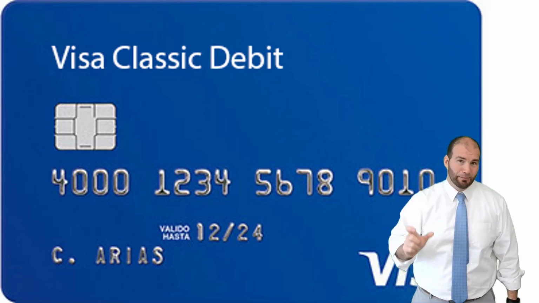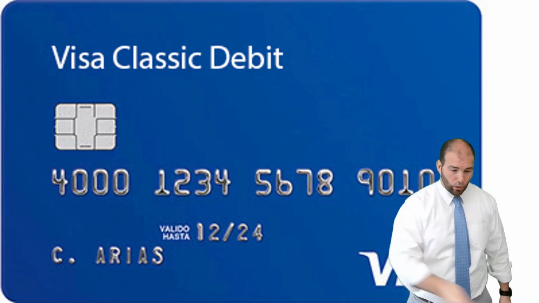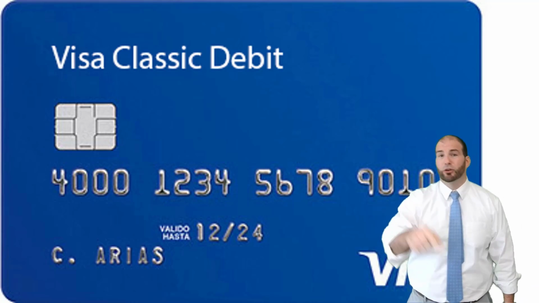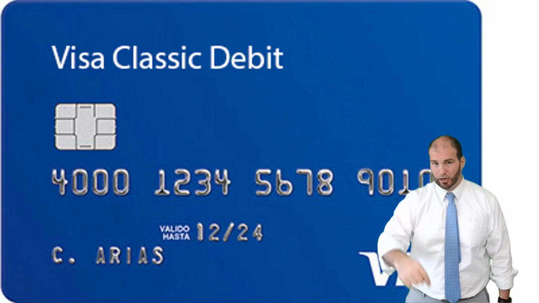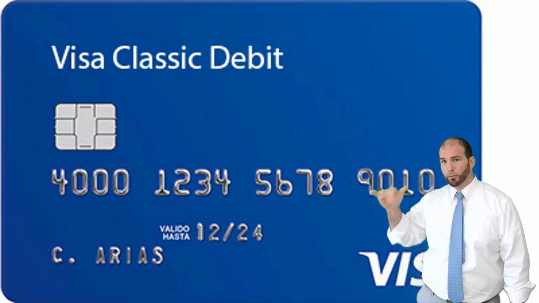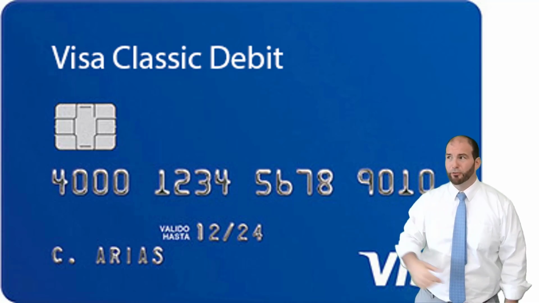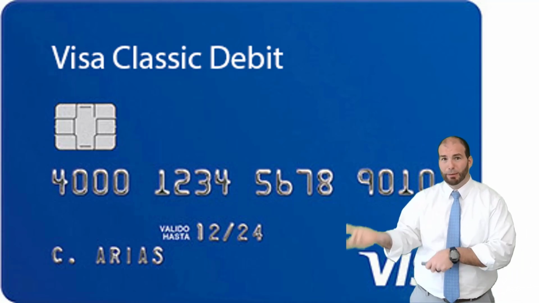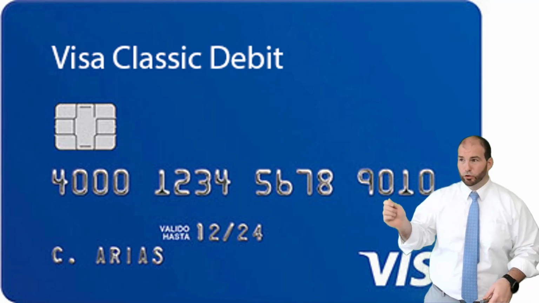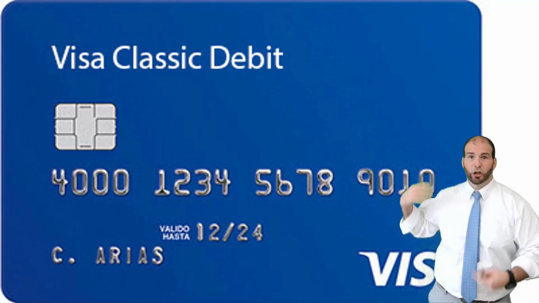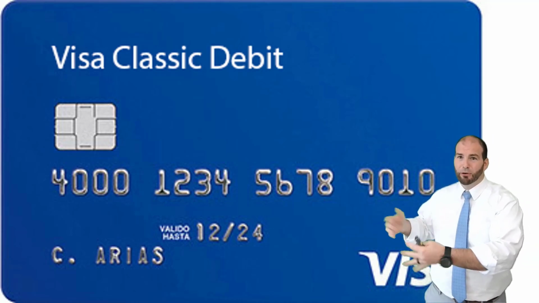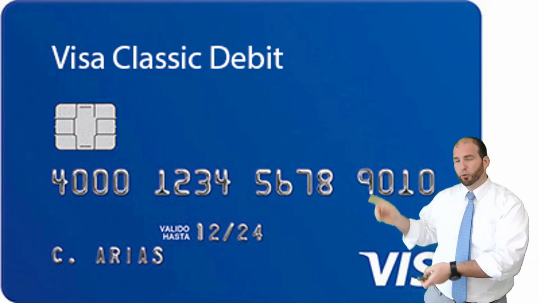But if it's a debit card, that means when you swipe it and spend money, it's coming out of your account right then. All right. A credit card, and we'll talk about that in a minute, is using somebody else's money, and then they send you a bill at the end of the month for all of their money that you spent, and you have to pay it then. When you're swiping a credit card, it doesn't come out of your account. It's just your recurring debt for that month that you have to pay off at the end of the month.